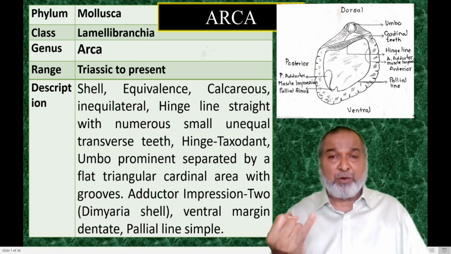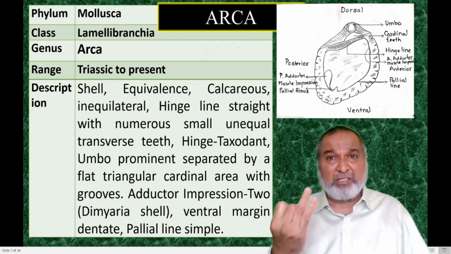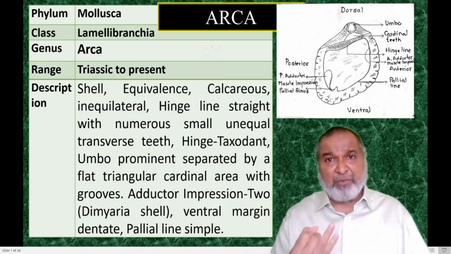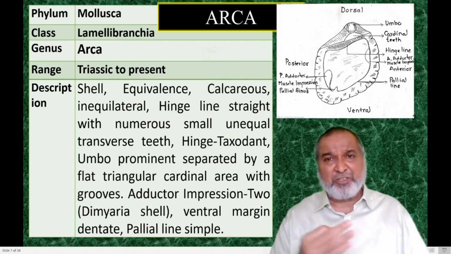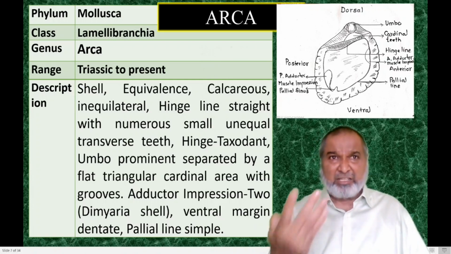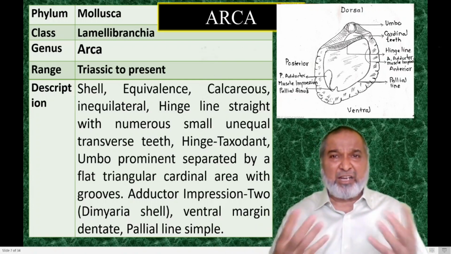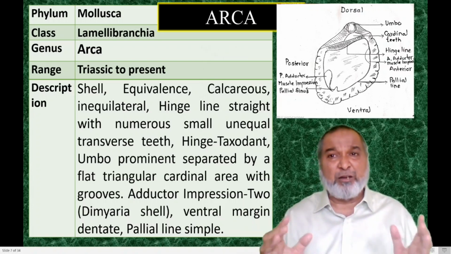So here you are going to study all the three. First one, shell, the original composition of the hard part of the organism. Second one, you're going to get the fossil, completely replaced by the silica. It will take a long time. That process will be the petrification or silicification that we are going to see in the modes of preservation. And third one, if you don't have these two, then we can prepare with the help of the clay. A model will be prepared, and on that we are going to show the morphology.